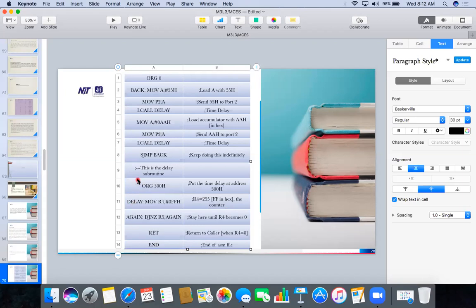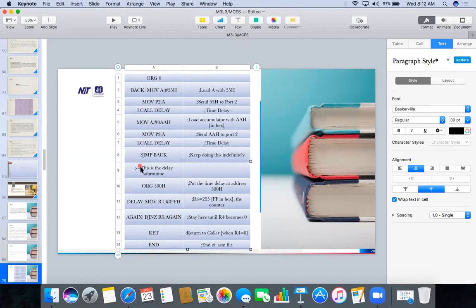So it will go to the delay program. The delay subroutine starts from here. These lines, 1, 2, 3, 4, are the delay program. After completing this, it will go to here. And after completing the whole program, it will come to the end statement.